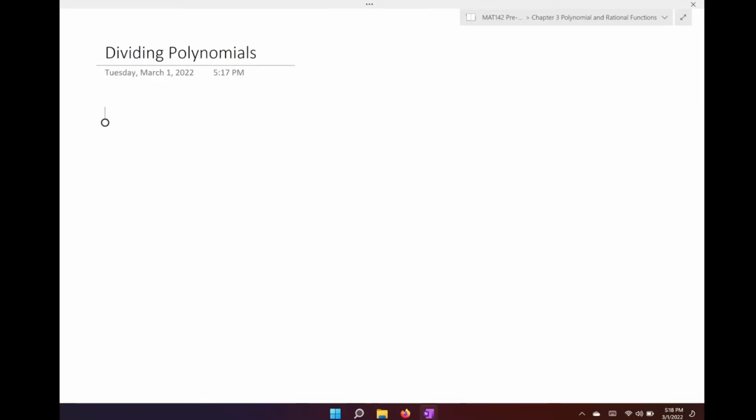Hi everyone. Today we're going to be talking about dividing polynomials, and this is going to be a refresh of what we learned back in an intermediate algebra or even an introductory algebra course. I'm going to start off with a very simple problem because I think it's really good if we just dive right in. Here's an example, and we're just going to divide 131 divided by 3. Okay, so if we use long division, which is what we learned back in grade school,